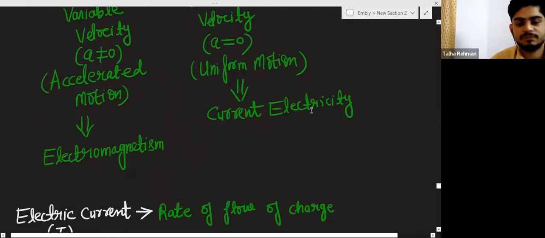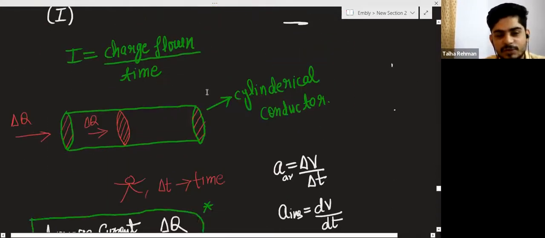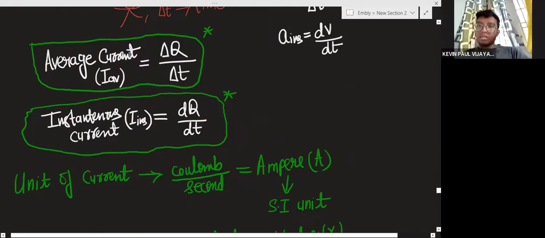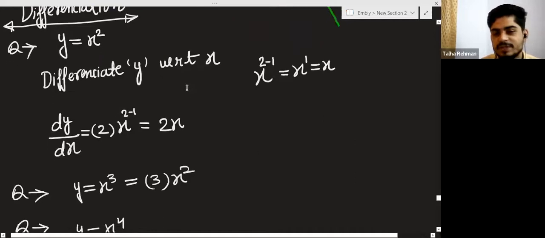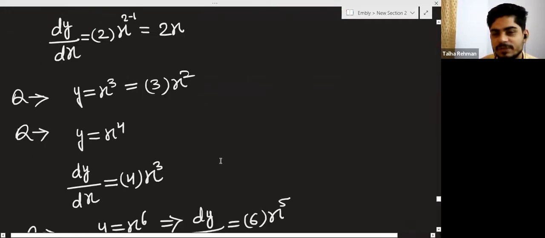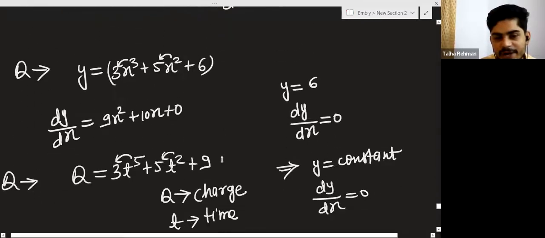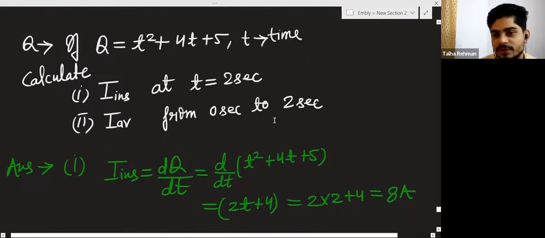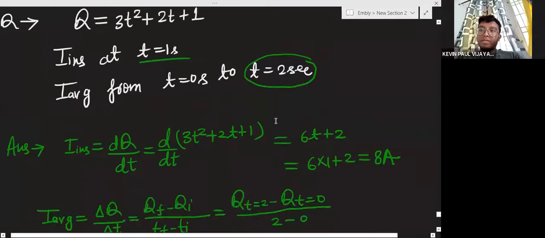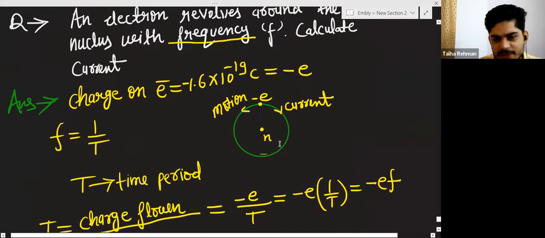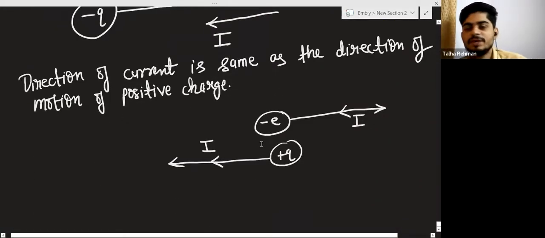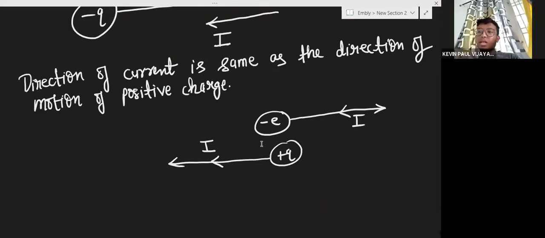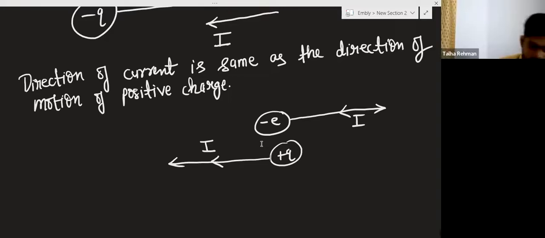So basically, electric current, you have to calculate in the questions: average current and instantaneous current, and I have already told you the differentiation. You should know only this type of differentiation. This is simple. You are able to do these kinds of questions, and these questions will appear in your examination. After that we discussed the direction of current. Please tell me, what is the direction of current? Sir, it is the same as the motion of positive charge. Yeah, and opposite to the motion of